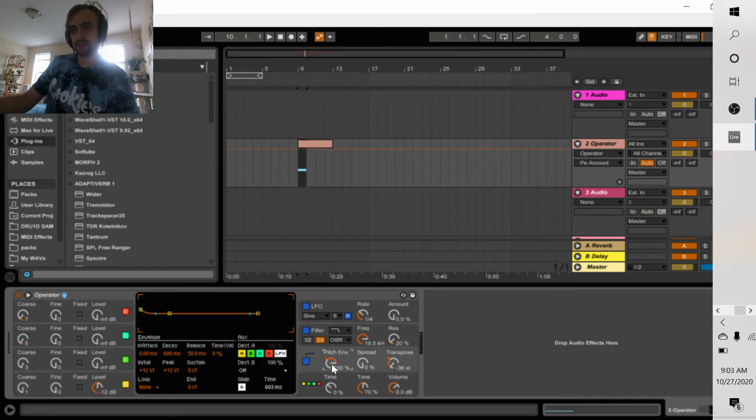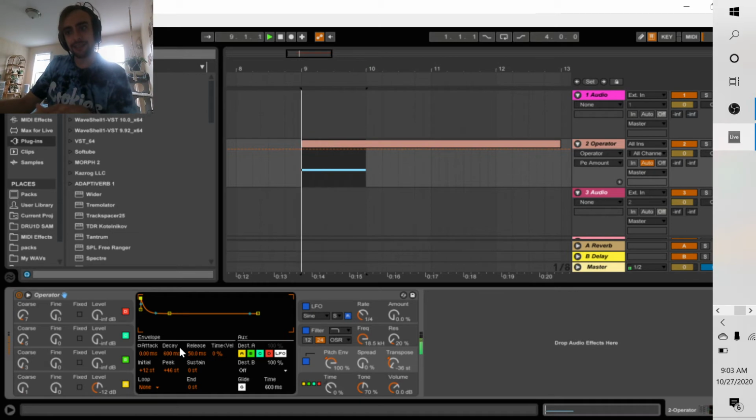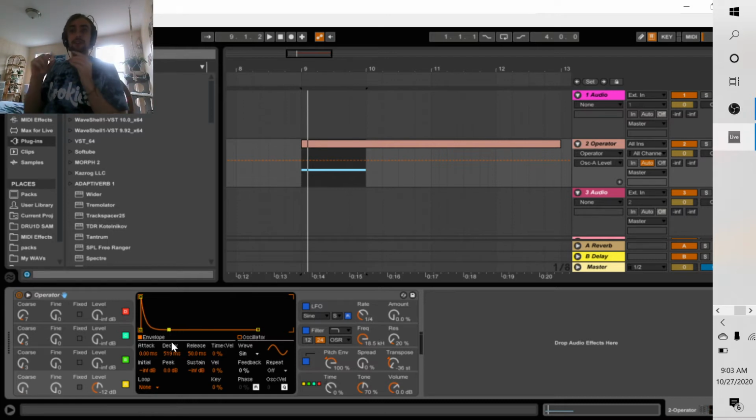I'm going to put the percentage of the pitch envelope all the way up. Ooh. Get a little sub action here. Ooh, you can hear that happening. It used to happen a little quicker. Right? Envelope, as I was saying, it's just a balance in the beginning between the pitch envelope and the actual amplitude envelope. I kind of like that, but